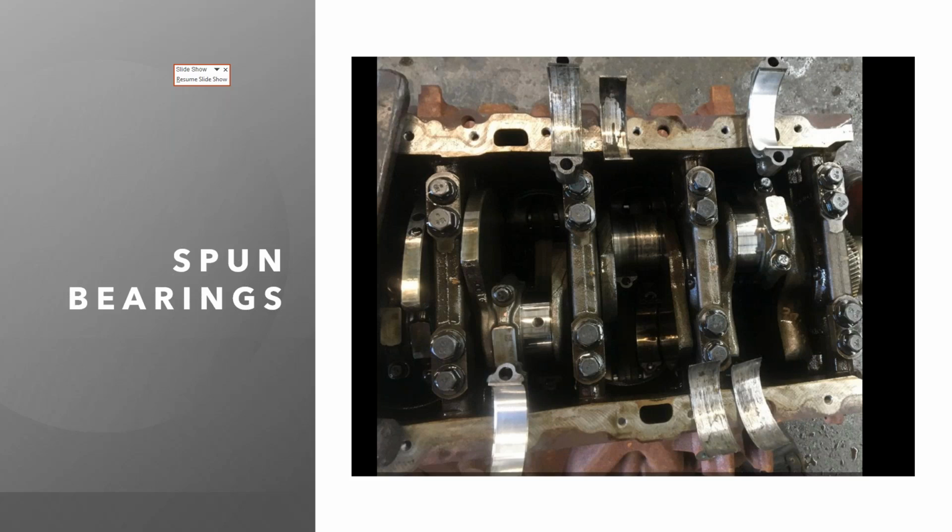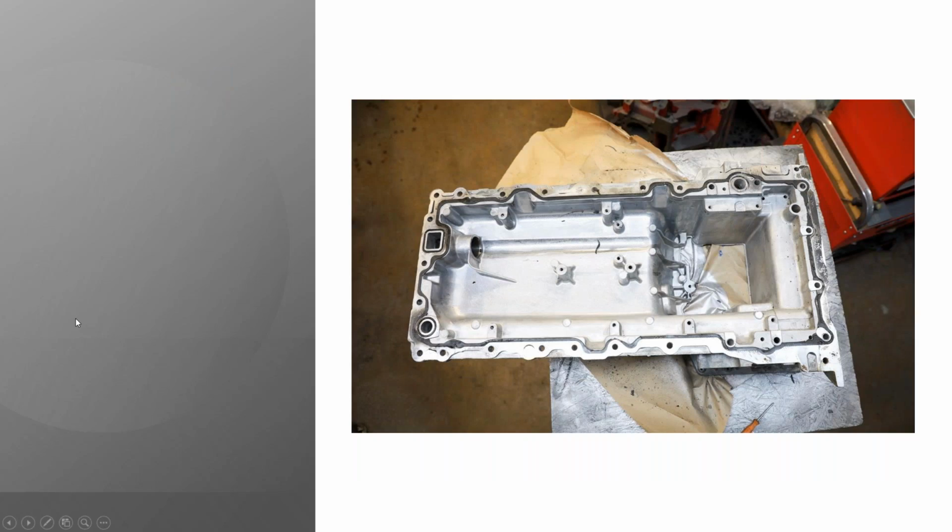If you've looked at the plumbing on it, and again, I apologize. Wait a minute, I might have something. This is the oil pan without the pickup tube. I can tell that this is a 2017 oil pan. They had a lot of problems with the upper oil pans leaking. They did away with the gasket and started using an adhesive. Anyways, the oil goes from the pickup tube into the front cover, where it's compressed by the oil pump. It goes down into this cavity here out of the block,